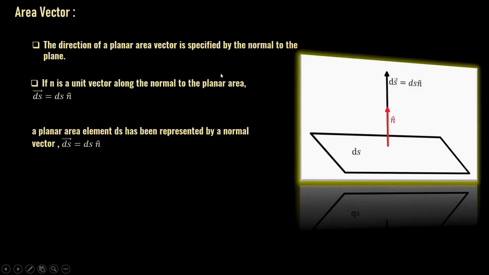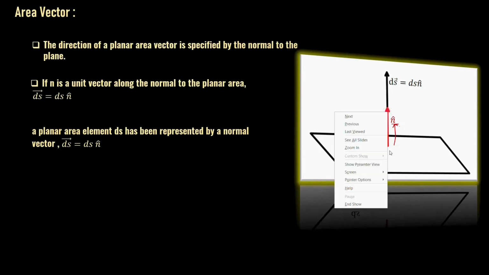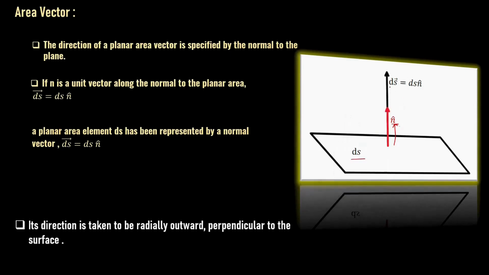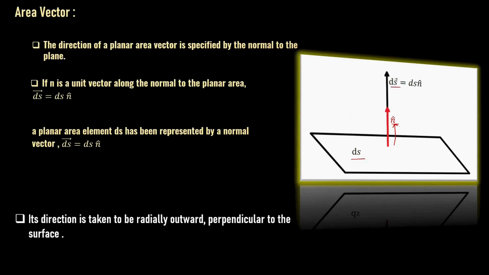Now let us see how theoretically we can represent area as an area vector. If we have been given, let us see here, we have been given an area ds. It is a simple planar surface, but if we draw a normal vector n cap perpendicular to it and pointing in an outward direction, so in the same direction this area has to be represented as an area vector, which is ds vector equals the product of area and the normal vector. So now a direction has been assigned to this area, it will be called an area vector.